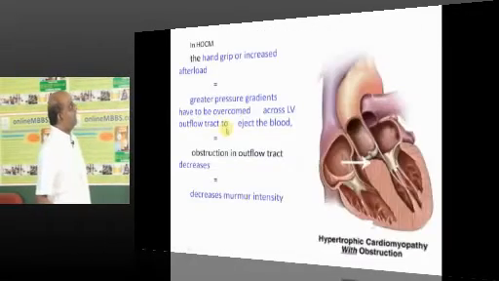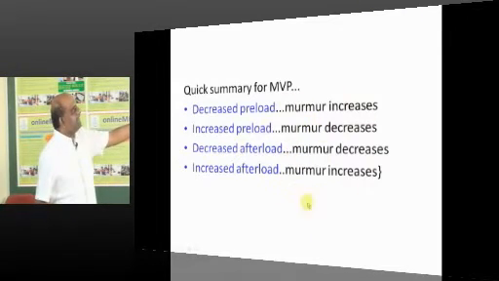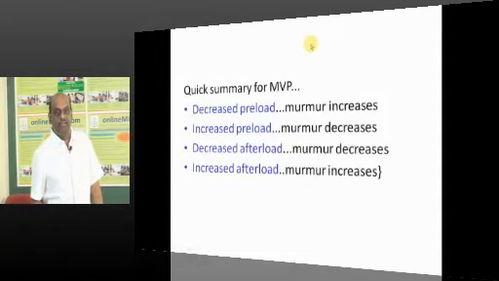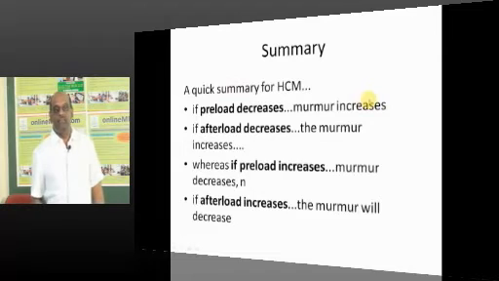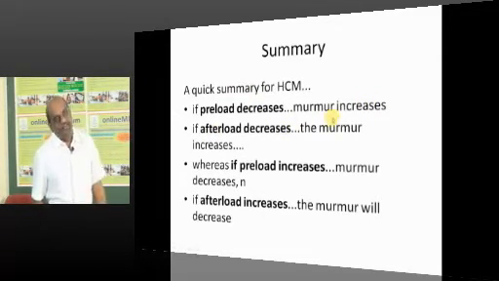Okay? So now let us talk about a quick summary of MVP. Ideally, I should block these things and ask you. Decrease preload in MVP? Close the eyes and tell. What is the answer? Murmur will increase. Increase preload, murmur decreases. Decreased afterload, murmur decreases in MVP. Increased afterload, murmur increases in MVP. Then HOCM. Close the eyes and tell. If preload decreases, HOCM murmur increases. If preload is increased,